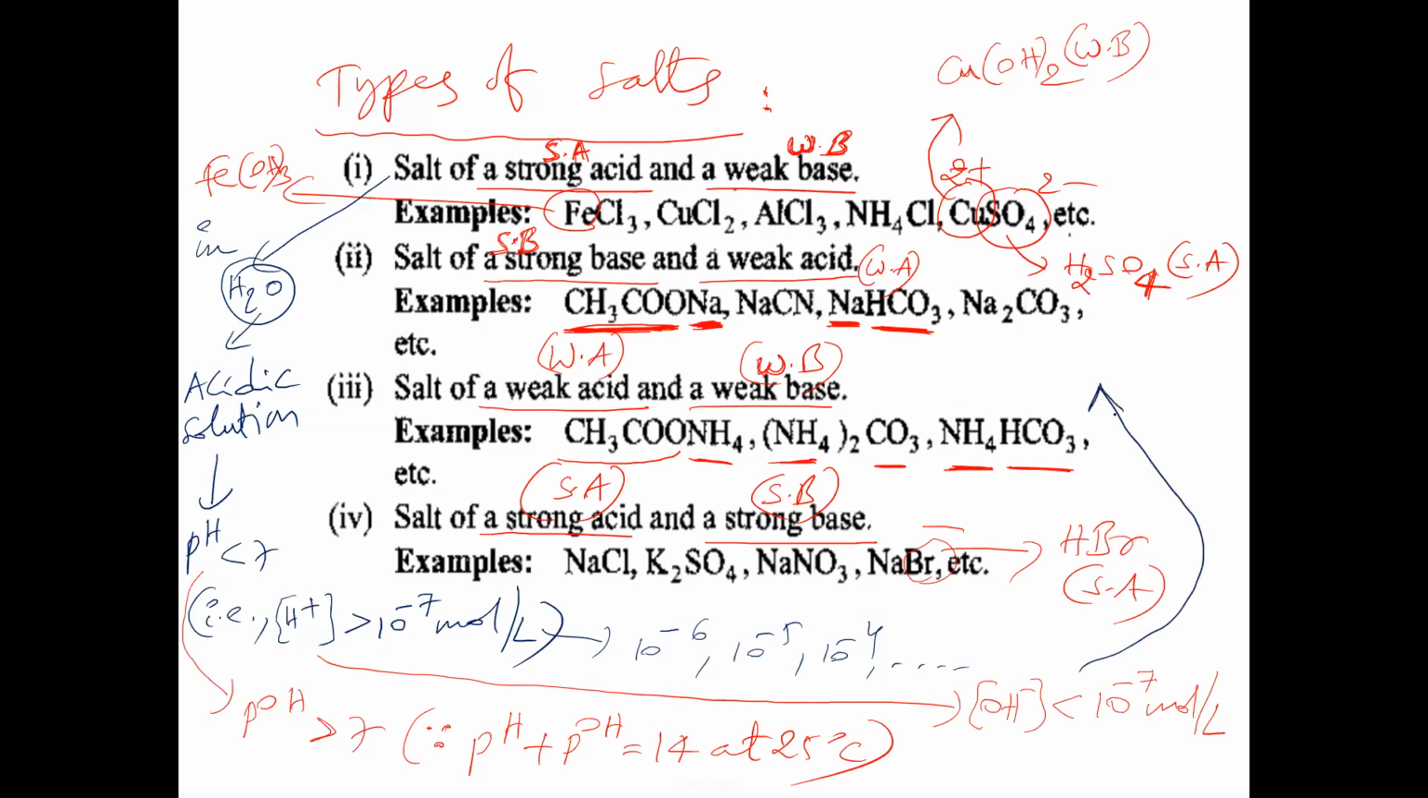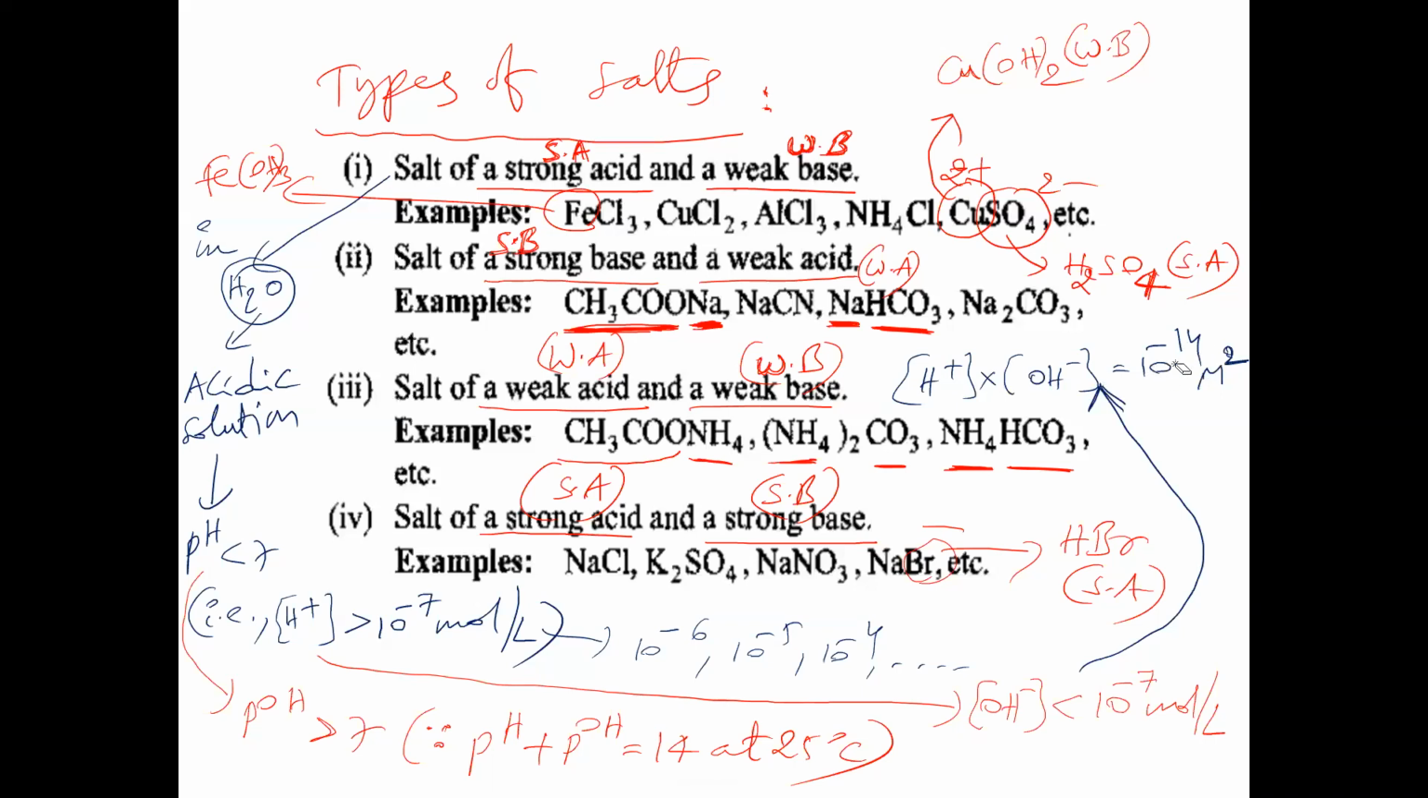Since pH, H plus concentration into OH minus ion concentration must always be equal to 10 power minus 14 mole square per liter square. So H plus into OH minus must be equal to 10 power minus 14 at room temperature,